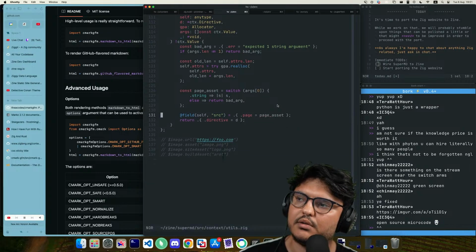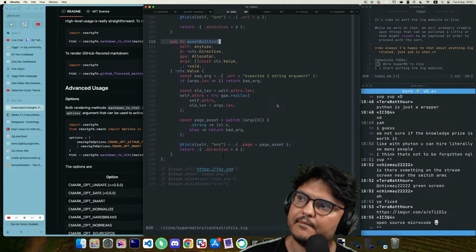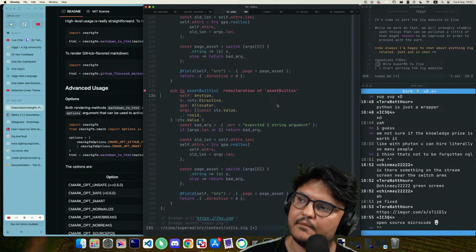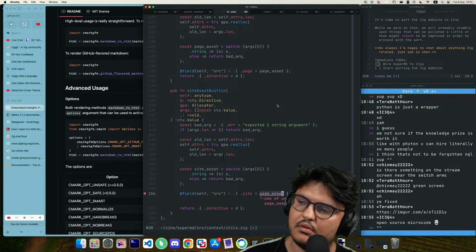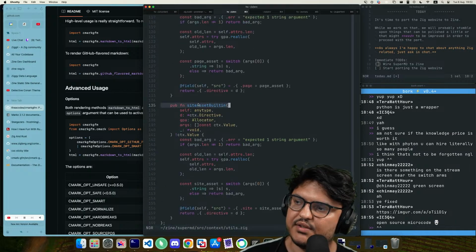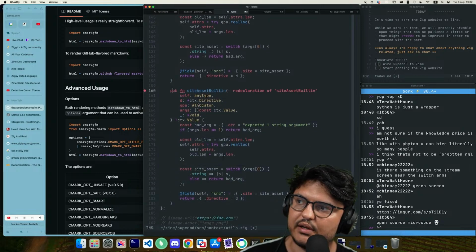Validation will be done by somebody else later on. Site asset built in. By the way, renaming variables seems useless, but it's going to be nicer when you jump into code from one place to another, because it helps you understand which of these three functions you're in.